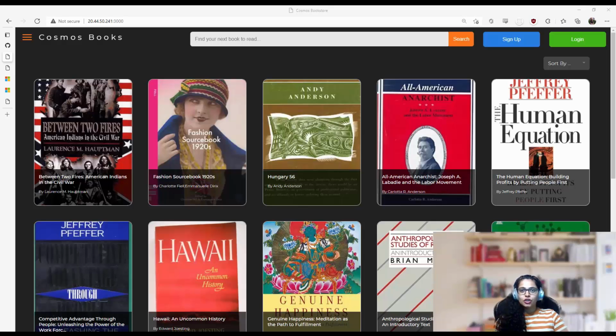I'm a program manager with the Azure Cosmos DB engineering team, and this is part 4 of the series Building a Node.js application with Azure Cosmos DB API for MongoDB. In this series, I go through how I built the different backend functionalities of an application called Cosmos Bookstore. In the previous parts, I covered how to perform basic and some advanced operations against your Cosmos DB API for MongoDB database. In this part, I'm going to cover how to set up and perform basic text search by using Azure Search in integration with Cosmos DB API for MongoDB.